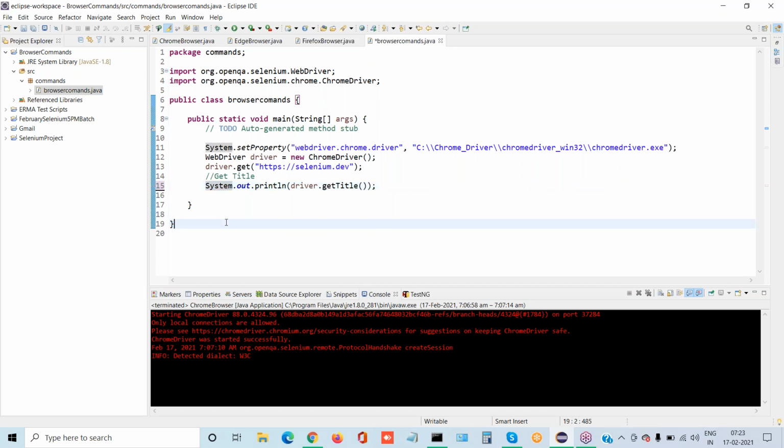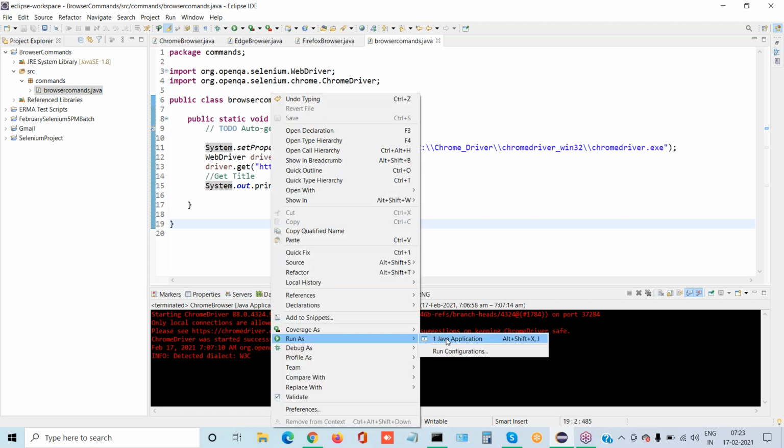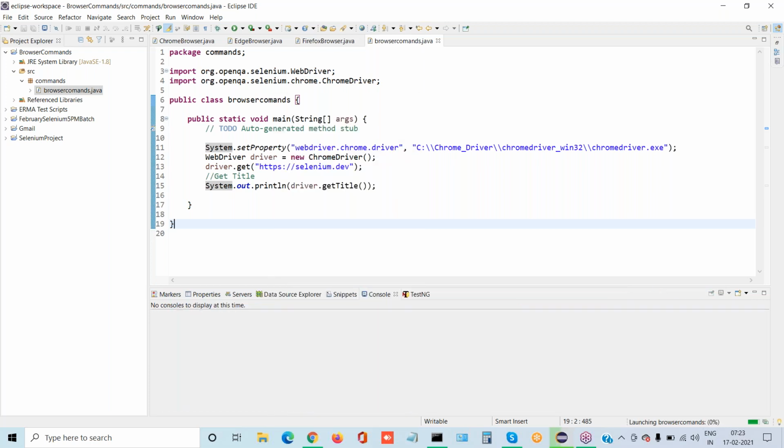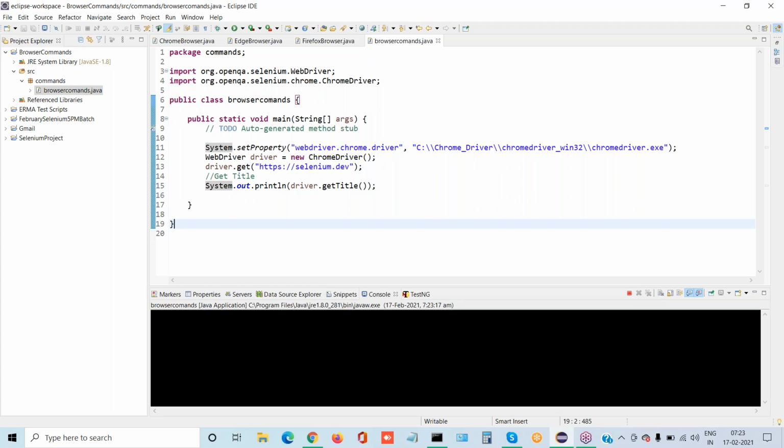Okay, you can cut it or put it there. Control Z. You can write it like this, otherwise you can write driver.getTitle directly. So now what will happen? It will get the title and print it in the console. Okay, now Control S and run it. Your title should be displayed in your console.